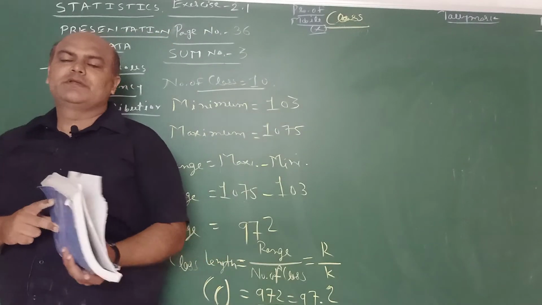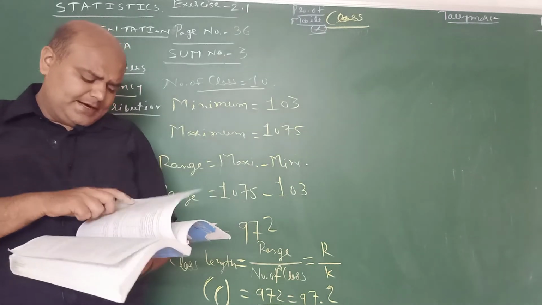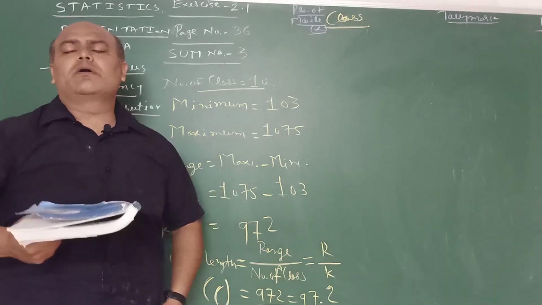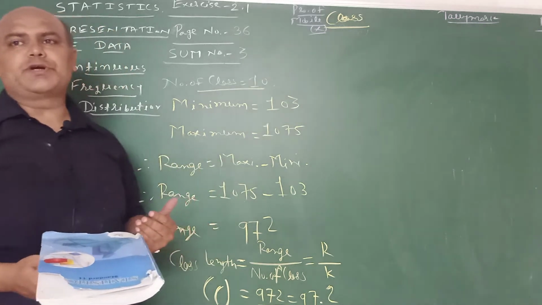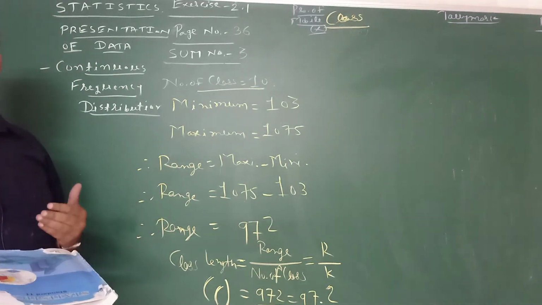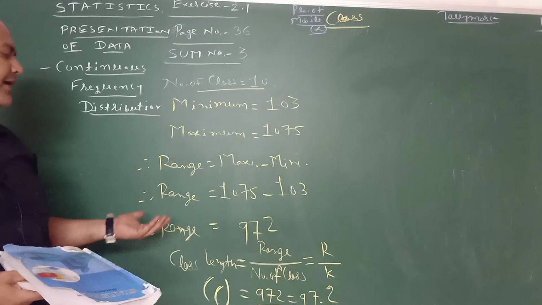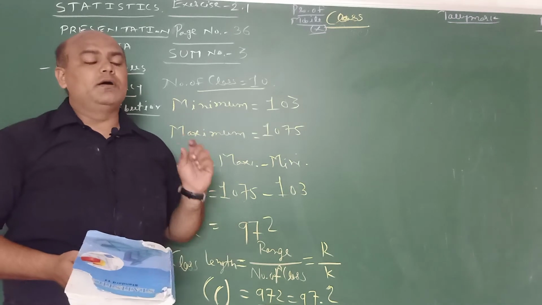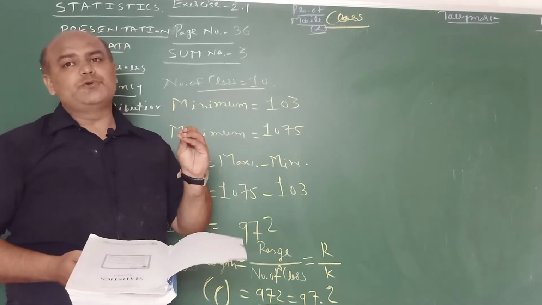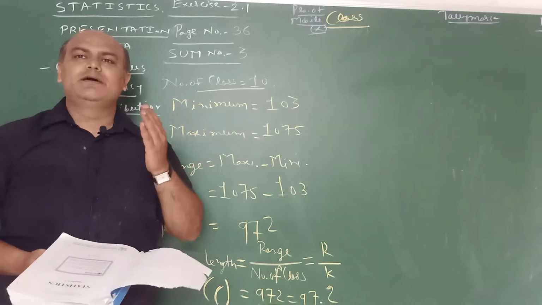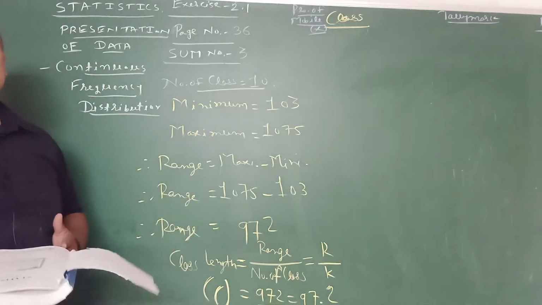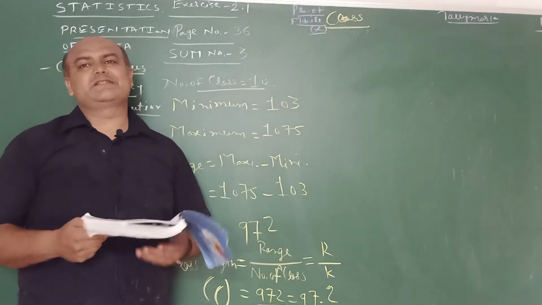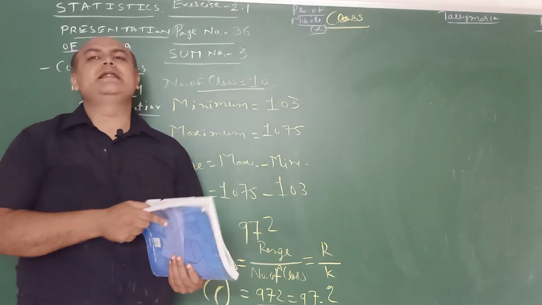Now students, there is no any clarification that whether we have to prepare frequency distribution or continuous frequency distribution of exclusive type or inclusive type. So we can prepare anything. If we would like, then we prepare exclusive type, or if we are comfortable with inclusive type, then we can prepare the inclusive type continuous frequency distribution. But one thing clearly stay in our mind, that is the number of class must be 10, not more than or less than 10.